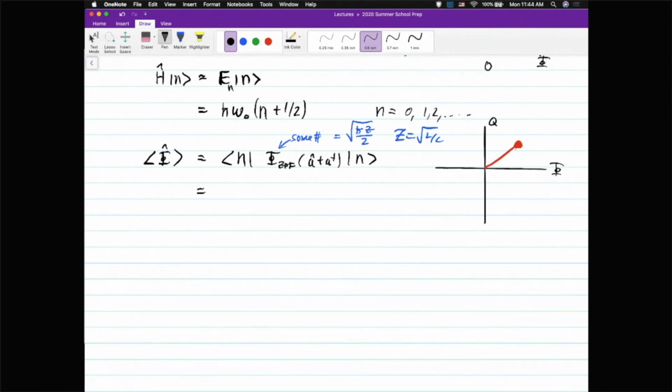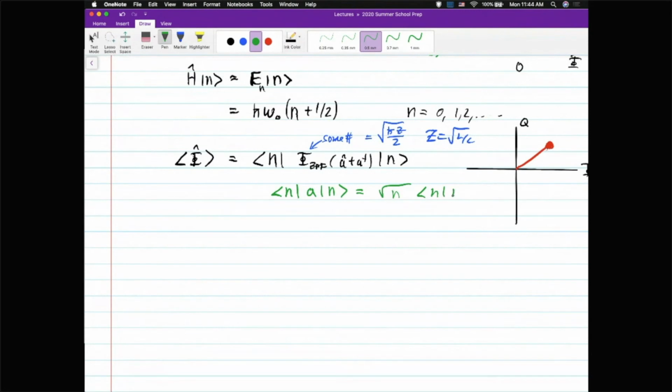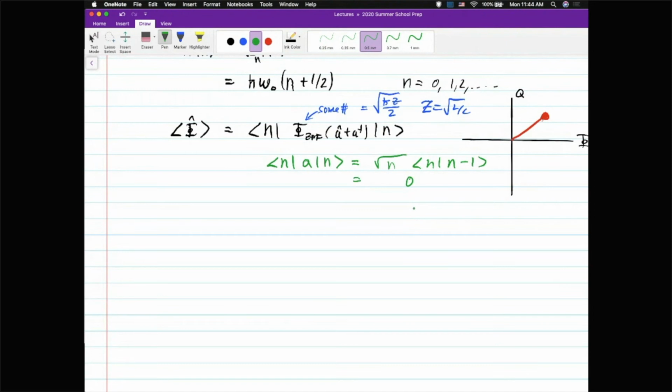we have to maybe first show that the expectation value of n applied on A on n is equal to the square root of n times n minus 1. Of course, you recognize that this is equal to 0 since eigenstates of the Hamiltonian are orthogonal. We can similarly do the same thing for the raising operator and see what is the expectation value of A dagger applied on the Fock state here, and we'll see that it's the square root of n plus 1 times the overlap between the nth Fock state and the n plus 1th Fock state, and that likewise is also